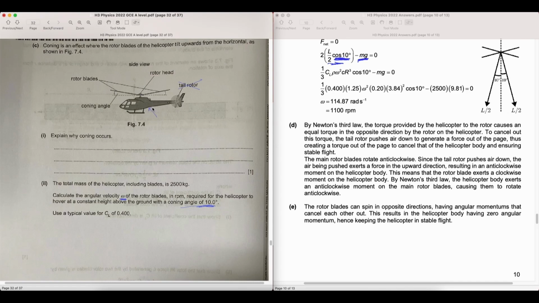Since the helicopter body must apply a torque on the rotor blades to keep them moving, by Newton's third law, the rotor blades will actually apply a torque in the opposite direction on the helicopter body, and that will cause it to rotate. Another perspective is that if we consider the total angular momentum of both the rotor blades and